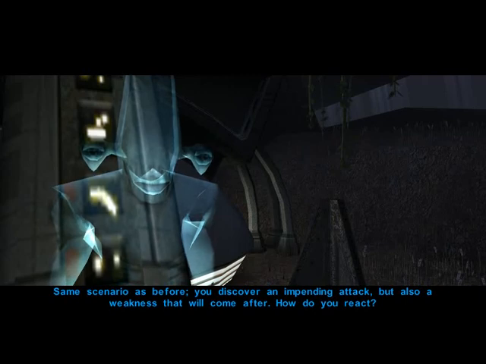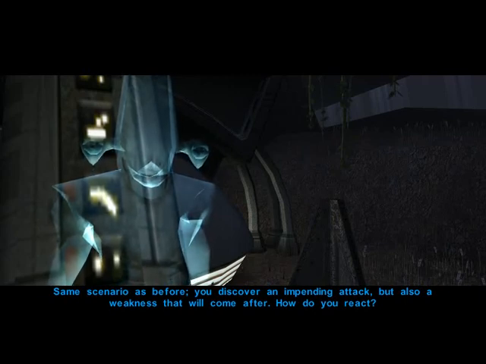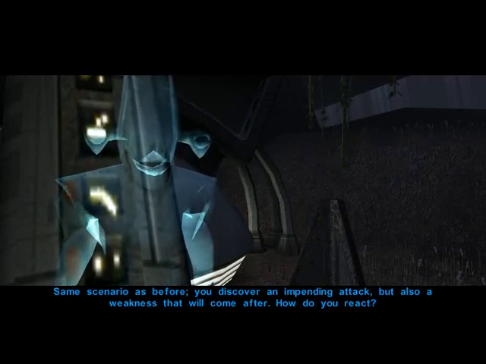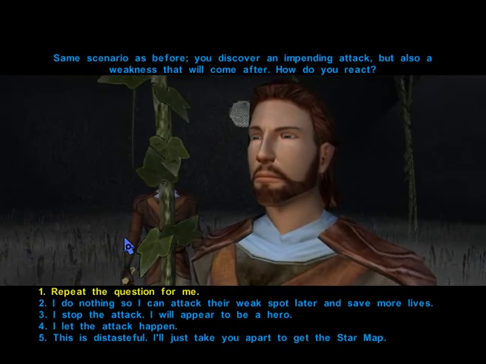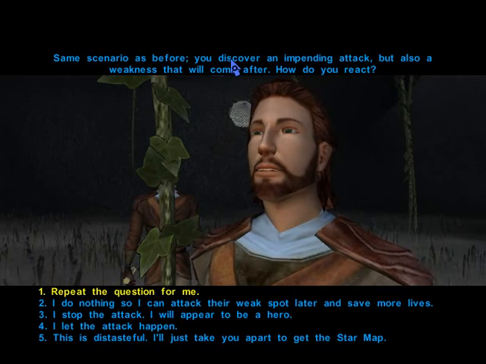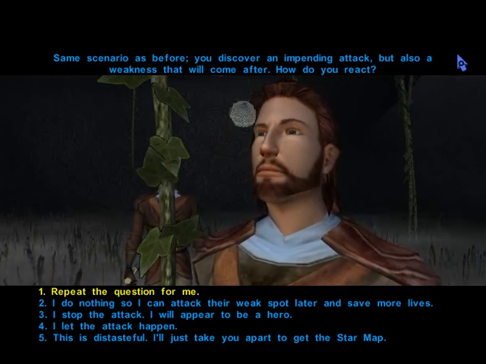Same scenario as before. You discover an impending attack, but also a weakness that will come after. How do you react? Well...